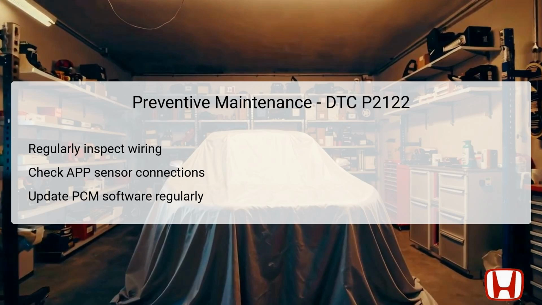Additionally, keeping the PCM software updated can eliminate operational bugs and improve overall vehicle performance. These proactive measures can significantly reduce the likelihood of encountering similar DTCs and promote the longevity of the vehicle's electronic